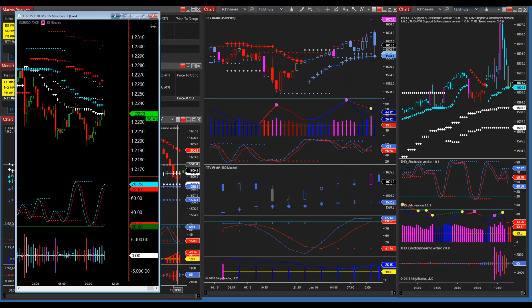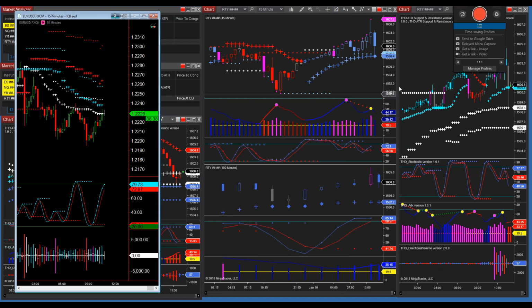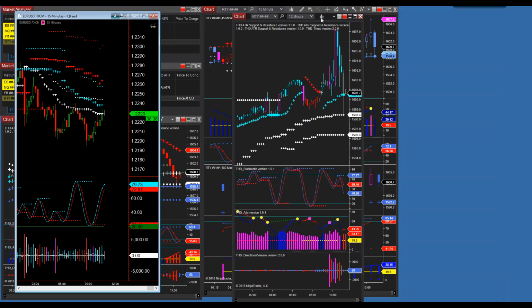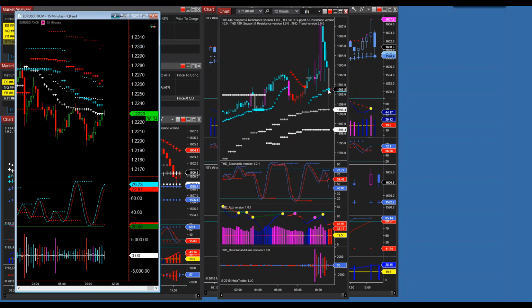Now, there is no trade setup over here on the 3 minute, but you could potentially enter it off of the 12-minute. Again, you have 2 ATRs in your favor, and that last bar actually saw